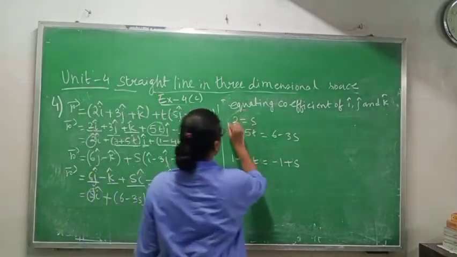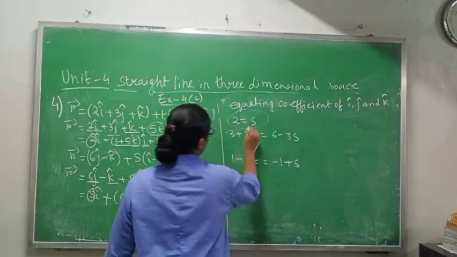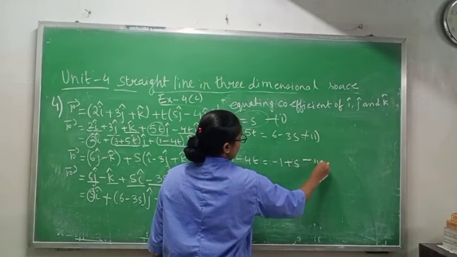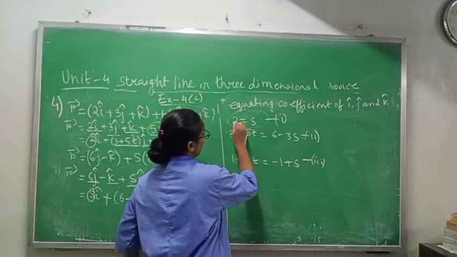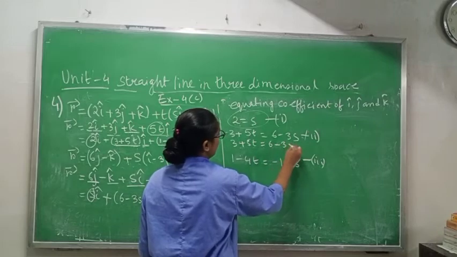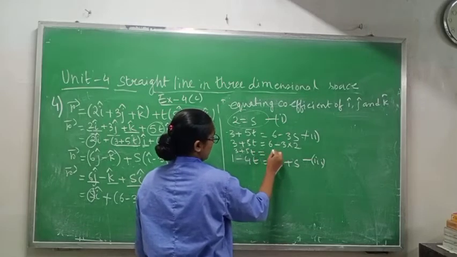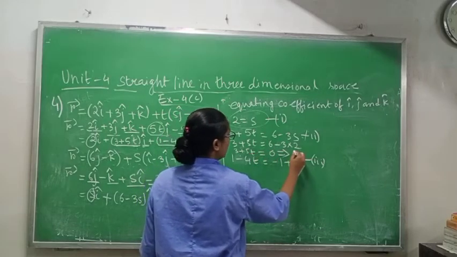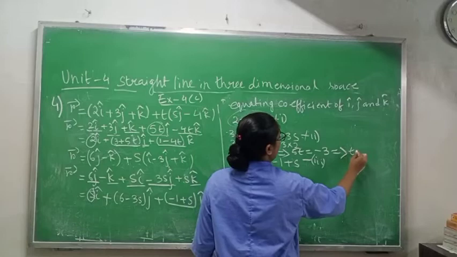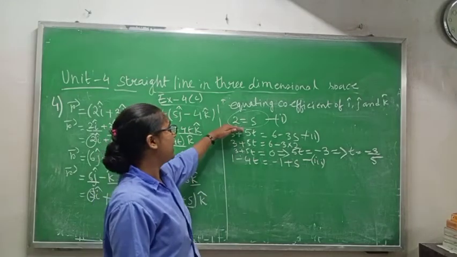Okay. Now from the first one directly I am getting the s value, which is 2. So I am writing s equals 2. Now what you will do, the s value you will put in the equations. You can label them 1, 2 and 3. Now put it, because you are getting s as 2, you can put the s value to get the t value: minus 3 into 2. So 3 plus 5t, how much? You will get 0 only. So from here you will write 5t equals minus 3, then t equals minus 3 by 5. So you are getting the t value minus 3 by 5 when s value is 2.